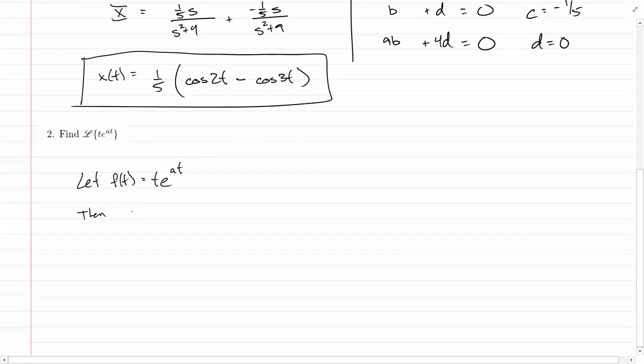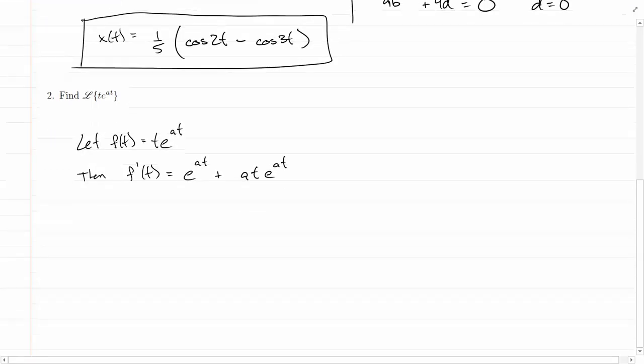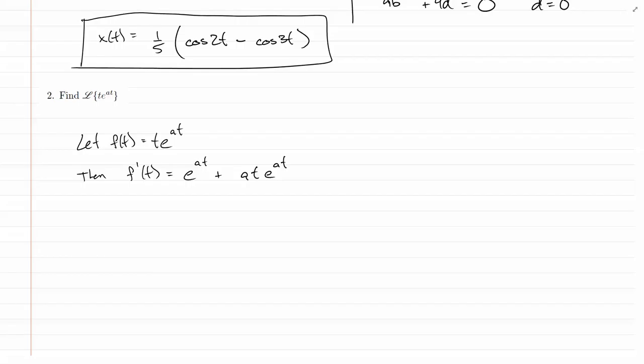We can take the derivative. F prime of t would be, by the product rule, e to the at plus at e to the at. So if I take this derivative formula here and then apply the Laplace transform operator to it, the Laplace transform of f prime of t